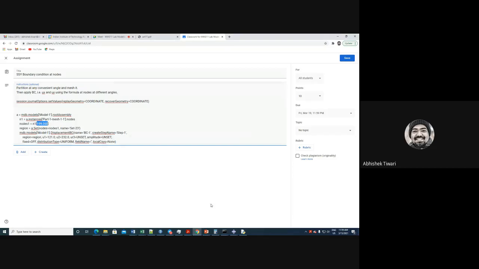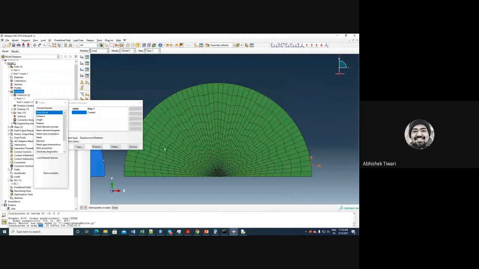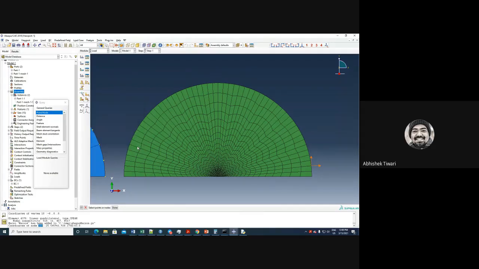Okay, you don't have to create this kind of feature. You don't need this. We did this only to get the code, how to write the code. So only for that we did it, and now you have that part of the code. So you just need to know what the node number is along this boundary, and then you find out a method to skip the middle node so that you reach 20 degrees or whatever degree you want to apply on, and then you can use those lines. So you don't need to create this part. Okay, so this is all.